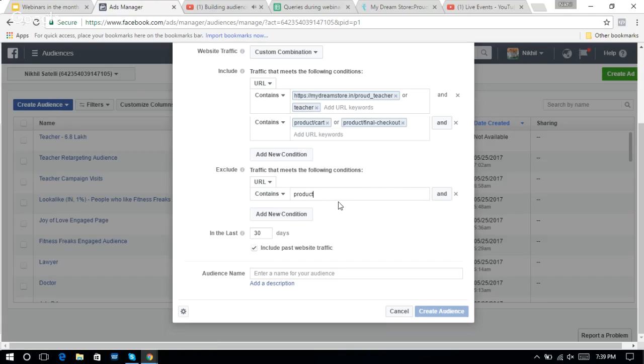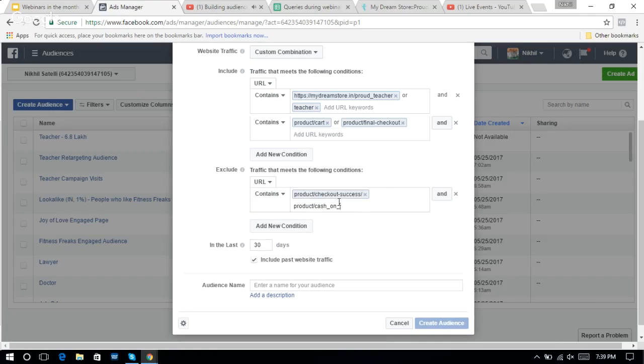I'll use the custom URL product hyphen, these were prepaid orders, and hyphen cash underscore delivery, Cash on Delivery orders, COD orders. So I give this